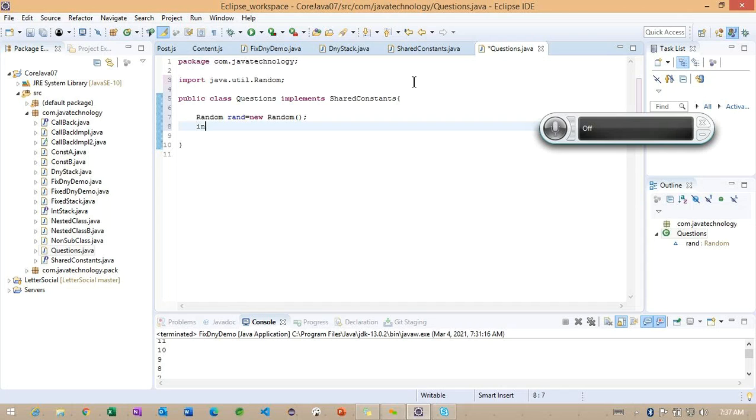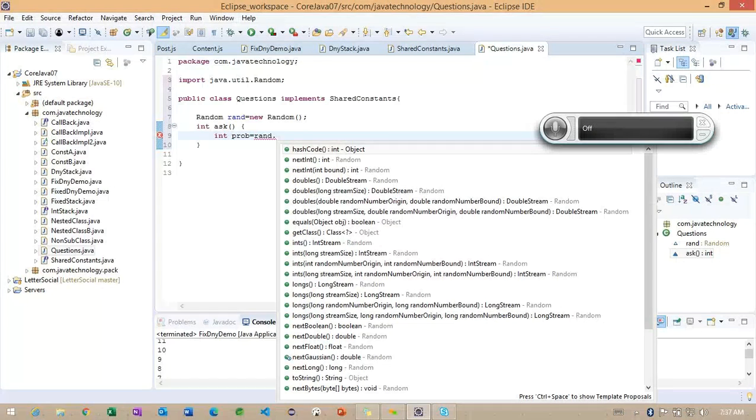And after creating this object, I'm having one method here. The method is called ask here. What exactly am I doing here? If you observe carefully, I want to take one variable called prob. What exactly is it doing here?